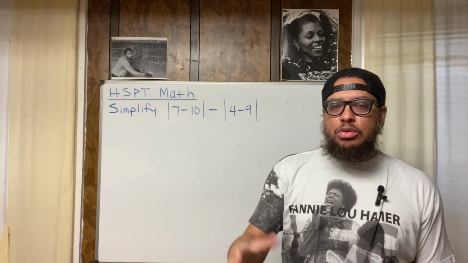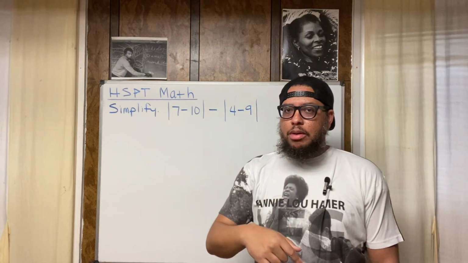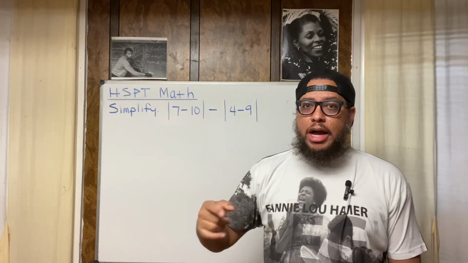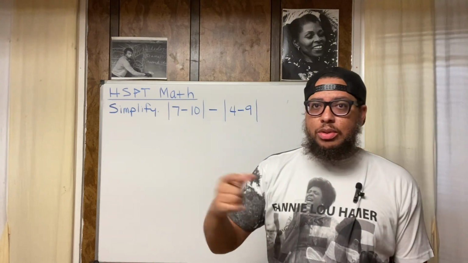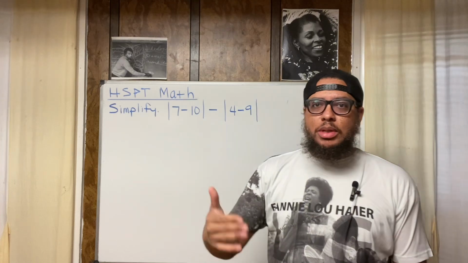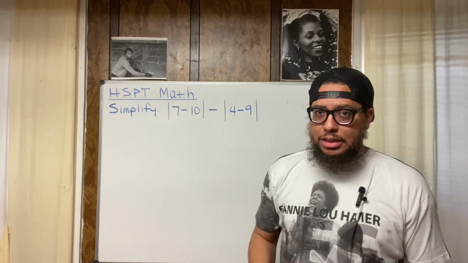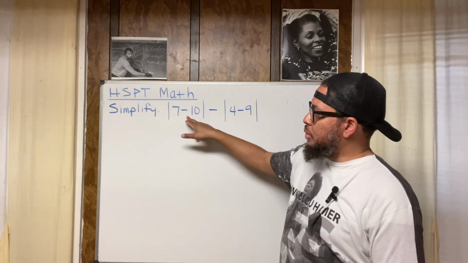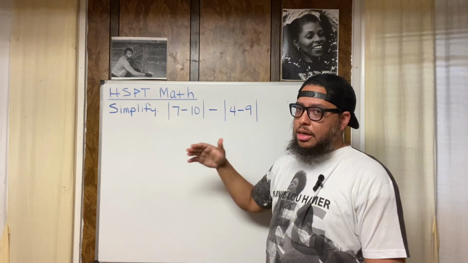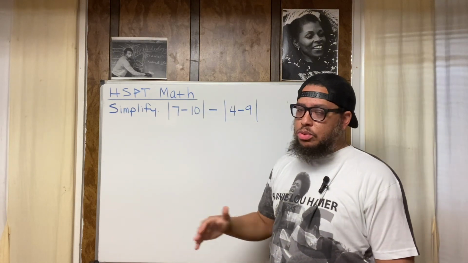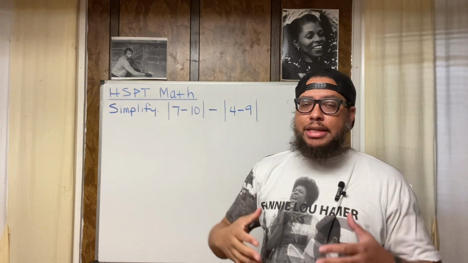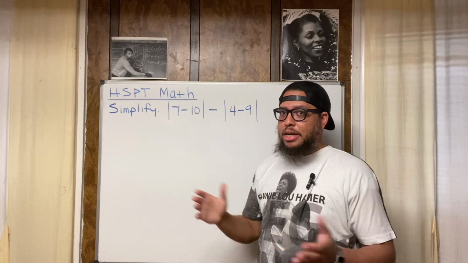Some people get it confused. They think, oh, well, when I got a negative number, all I do is turn it into the positive. So then they get confused and say, well, if I got a positive number, that must mean I should turn it into a negative. No, you don't do that, right? Absolute value will always end up being positive. Another mistake that's commonly made: what you don't do is, in this situation, you don't automatically change this negative 10 to a positive 10 and then do 7 plus 10. No, you don't do that. You simplify the expression that's inside the absolute value bars first. They're not really brackets.